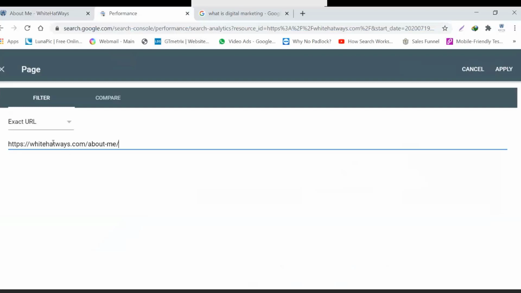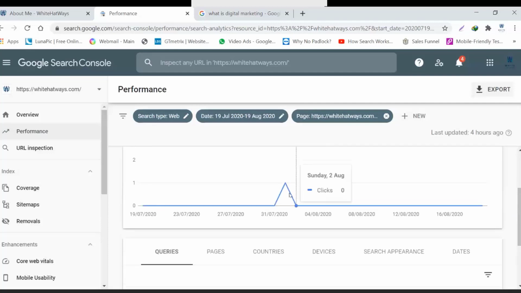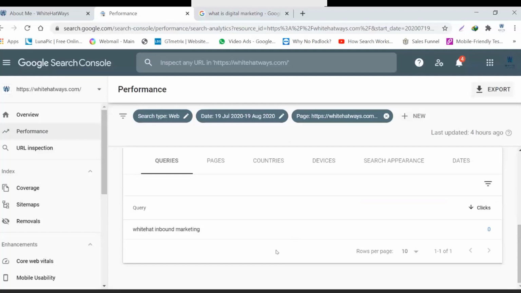So you get that, on the about page also I got one click, but I got 51 impressions, which makes my CTR 1/51 into 100, so it comes out to be 2%, which is obviously low. It also tells me that on 1st of August I got one click. And these all are the queries which have triggered that particular click or the impressions, including inbound marketing.